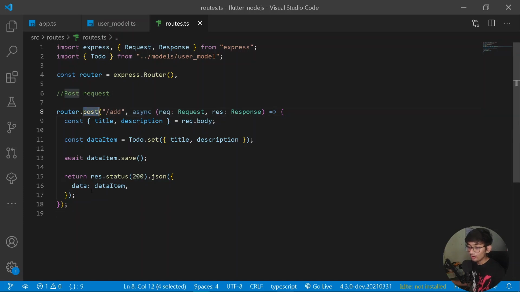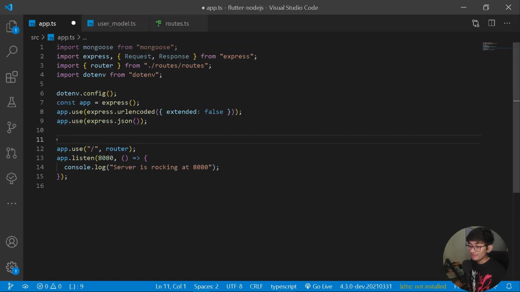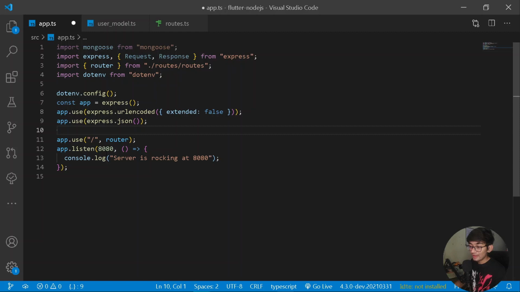So for trying it out, we should be simply exporting our entire routers. So let's add export our routers. Format document first. Now let's go under our app.ts. Alright. And here, as we are using our entire router, we are now good to go.